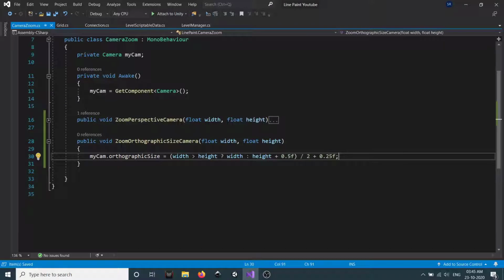So here we create a new method, zoom orthographic camera, and we have parameters width and height, and here we set the orthographic size.